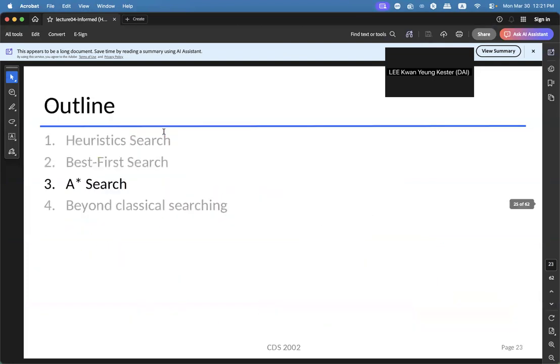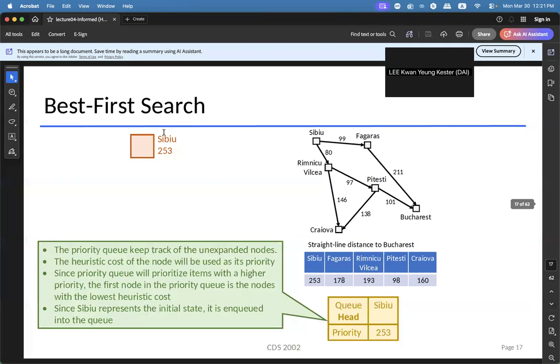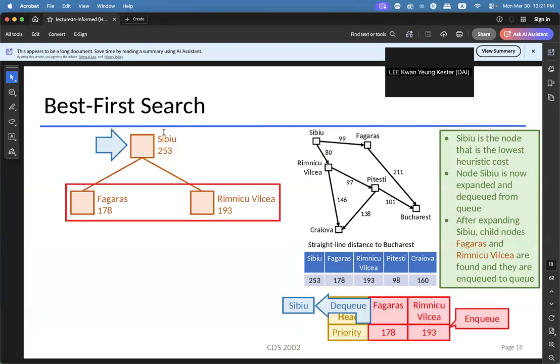For the best first search, you start from the initial state, and each time you select a node that has the smallest estimated cost, and the estimated cost is already given to you as a table. You refer back to the network: the CBOO is connecting to Fredgrass and to Visual WeChat. So we add these two nodes to the search tree. Each time you explore a node, you go back to the network and see which nodes are reachable from this node, and you add those nodes into the search tree.